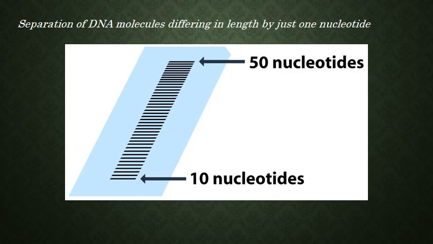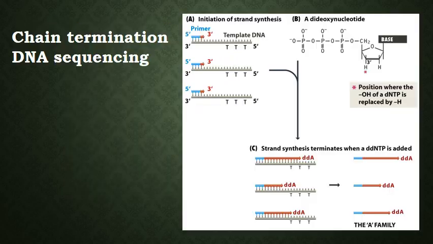Now we come to our chain terminating DNA sequencing. Chain terminating DNA sequencing is based on the principle that single stranded DNA molecules that differ in length by just one single nucleotide can be separated from each other by polyacrylamide gel electrophoresis. This means it is possible to resolve a family of molecules representing all lengths from 10 to 1500 in a series of bands in a slab or capillary gel.